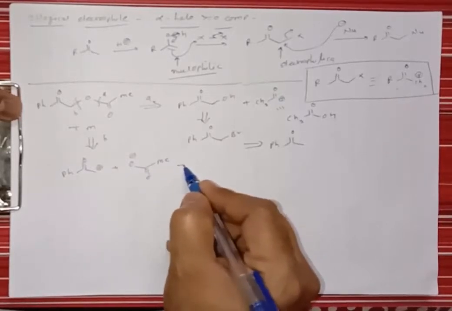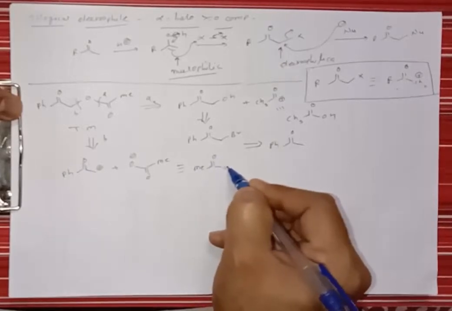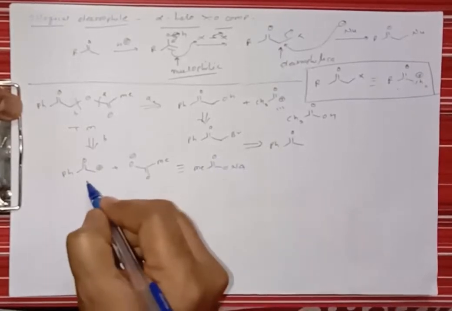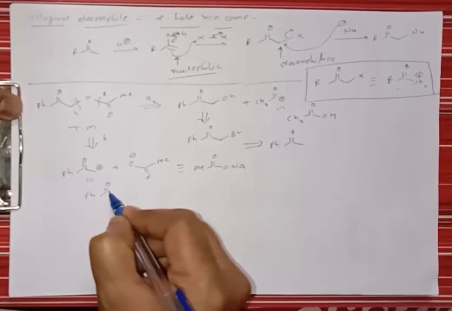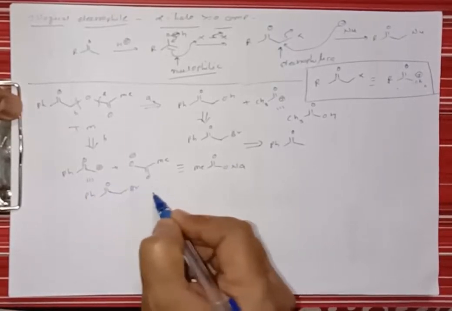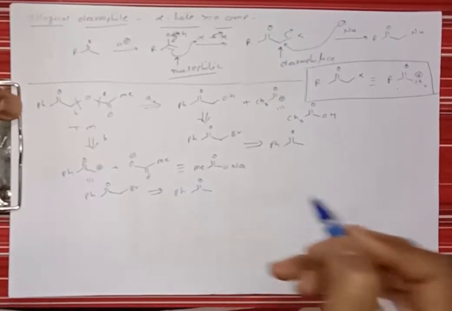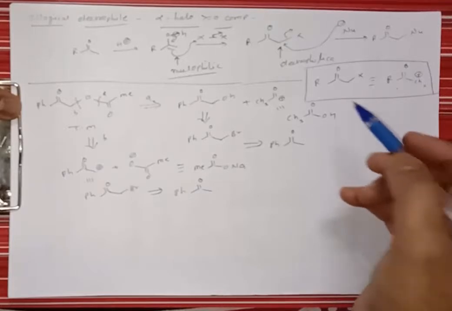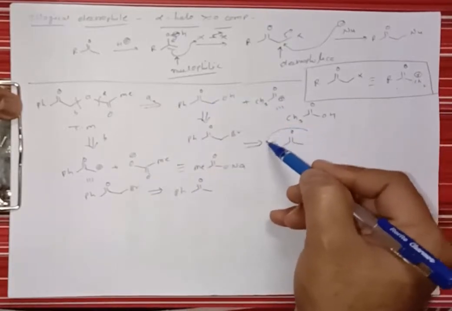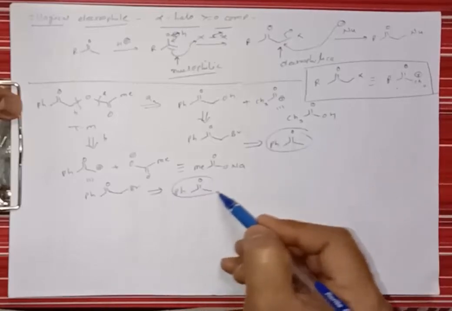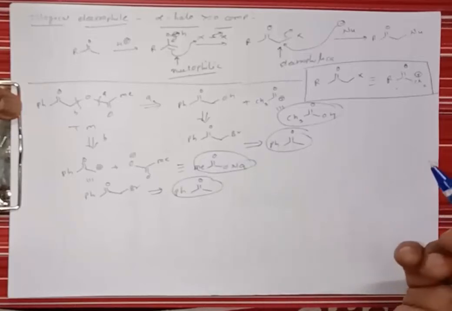And then the synthetic equivalent for this is MeC=O, ONa, that is sodium methoxide, and for the other molecule it is PhC=O, CH2Br, and it can be prepared from PhC=O, CH3, that is acetophenone. That means route A as well as route B give the same starting material, acetophenone, and the reagent here is sodium acetate, right?